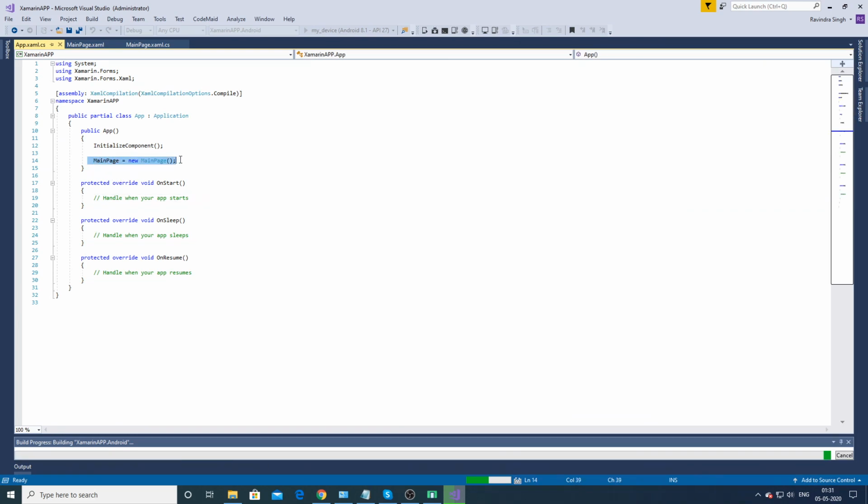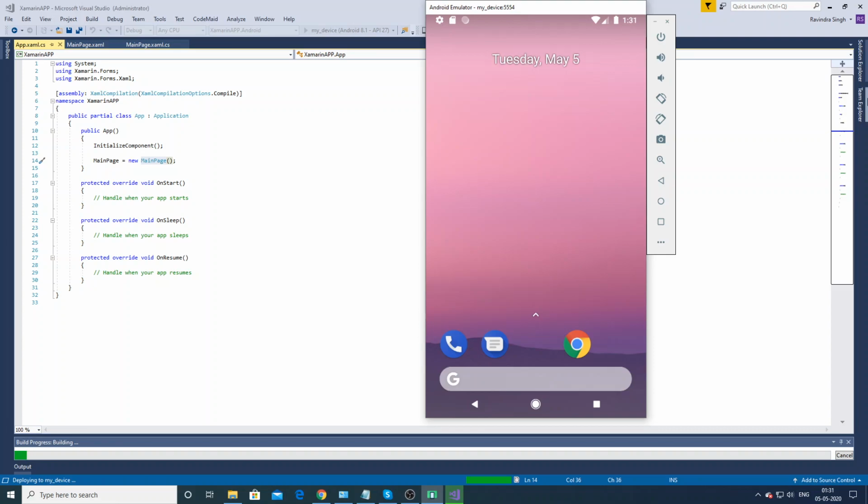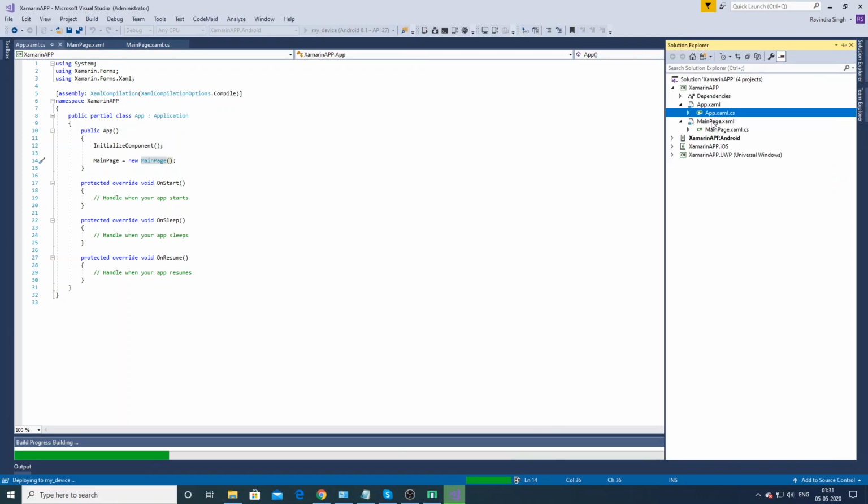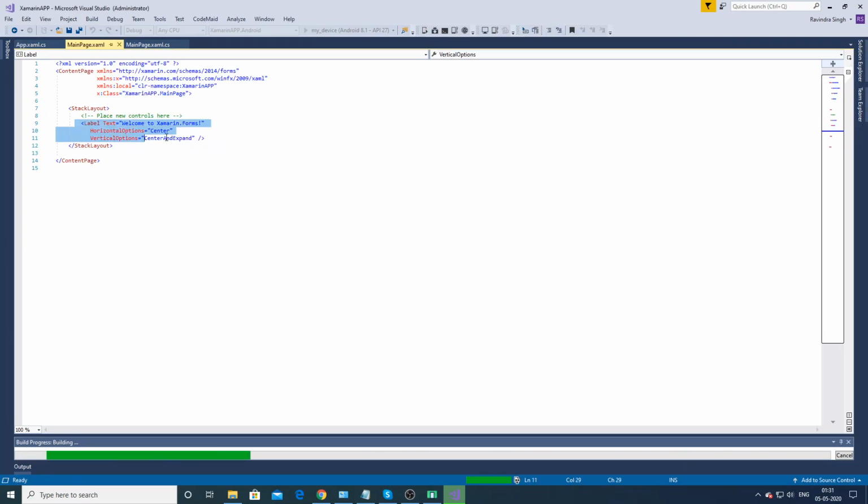Here is the main navigation stack. It redirects to MainPage.xaml. Inside MainPage.xaml there is a label, Welcome to Xamarin Forms. When the app is successfully deployed on the emulator, it shows the message Welcome to Xamarin Forms.